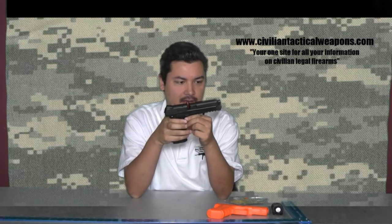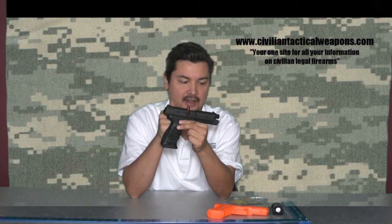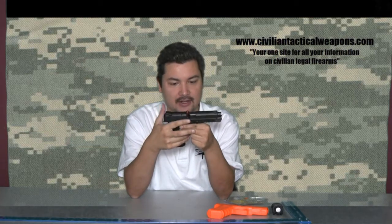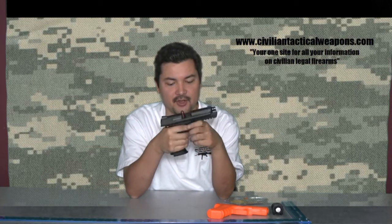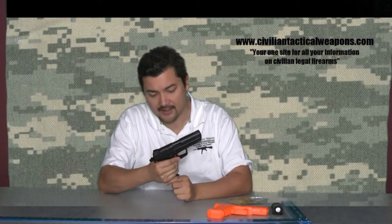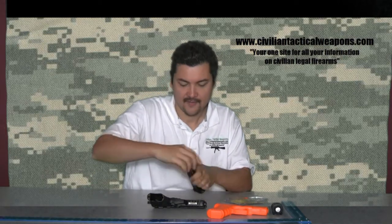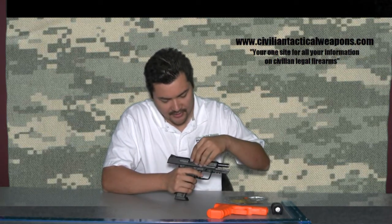This is a very common jam you would have. I've never seen it on an H&K, but this does happen with certain guns. An ejector feed, the bullet has popped out, you maybe had a double feed in your gun, and this is how you would clear it. Without snap caps, this is something you couldn't practice. Most people sit there and say, okay, I'm going to tap and rack it. The problem with the tap and rack is that sometimes you will actually create another feed. What you can do with the snap caps is practice